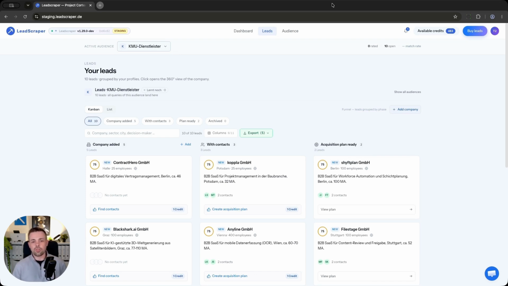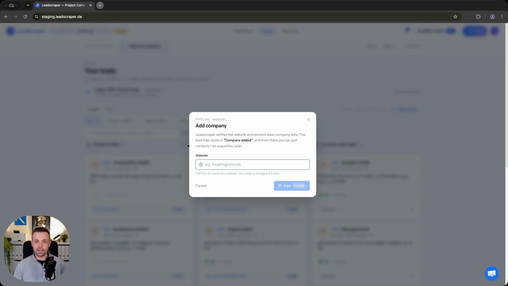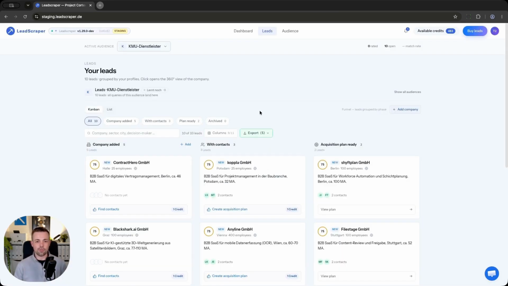Now let's move on to the three-stage enrichment process, which is exactly how a suitable company becomes a ready-to-use lead. You'll find most companies automatically via the search queries I've just shown you. However, you can also create companies yourself by clicking on Add and setting up a specific sales target, a company website for a company you'd like to acquire, and then specifically enrich only the right contact persons and, if necessary,